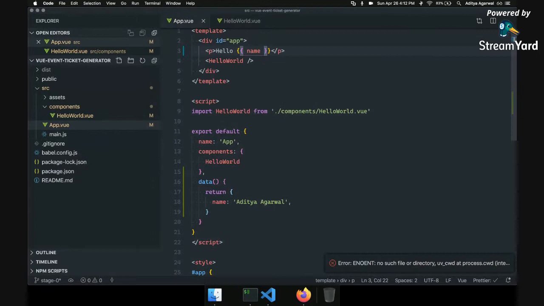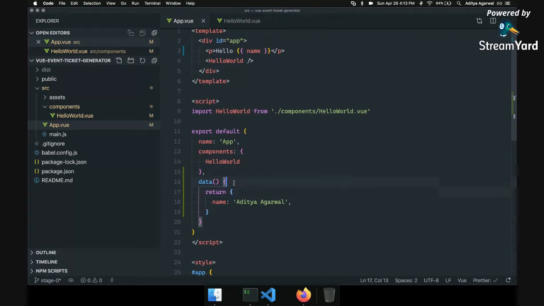So this is a super useful feature in Vue. It's that simple. You just have a name and you can render it. In normal JavaScript, you'd have to have a variable name, then write document.querySelector div, and that div should have a class, and then you say .textContent equals name. And when the name changes, you again have to do this thing. But here, whenever the name changes, it will directly update here.